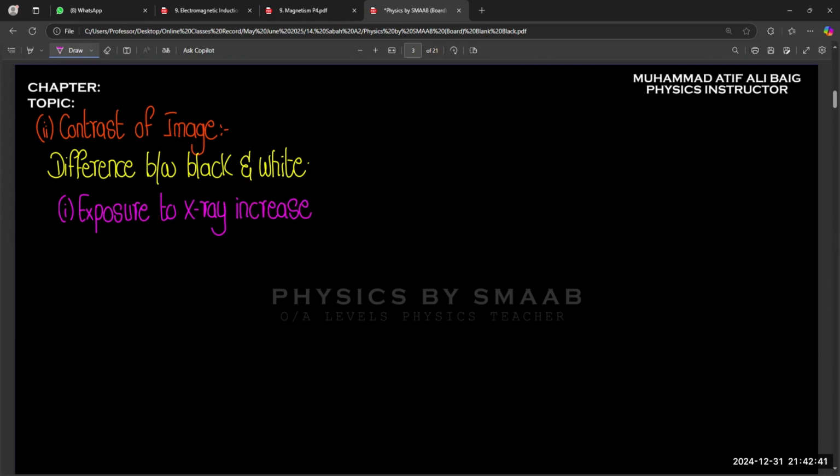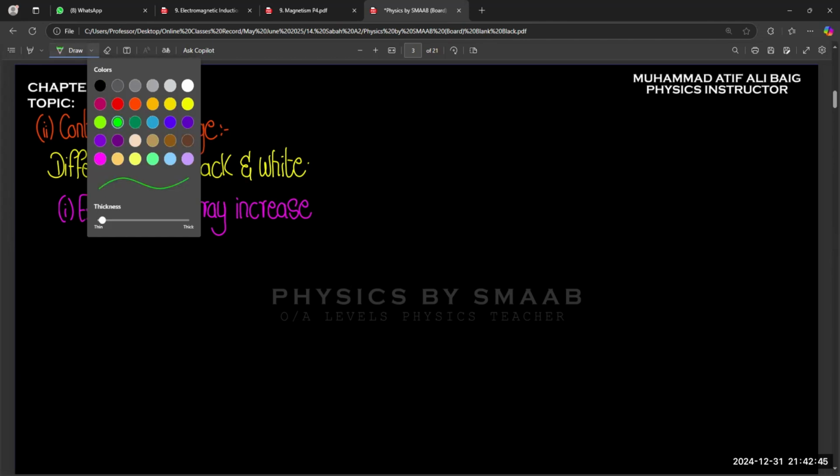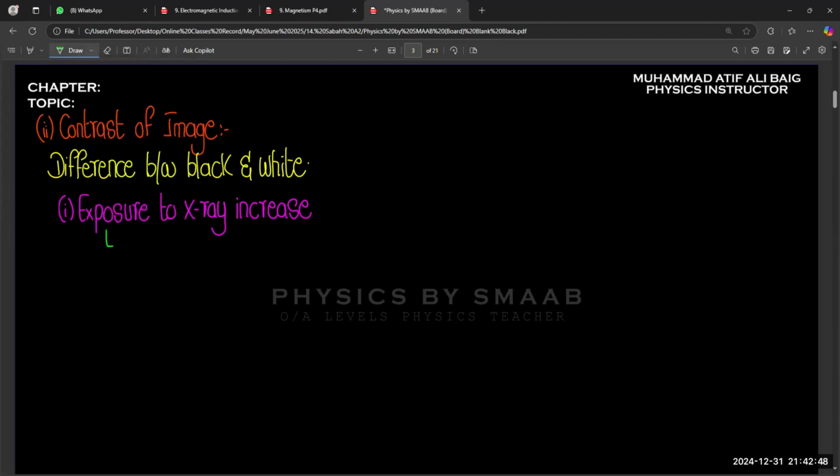So there are two ways to increase exposure. The first one, either we can use intense X-ray, or second, we can increase exposure time. Let's suppose if X-rays are not strong, you can place the object in front of the X-rays for a longer time. Exposure would also allow it to get a more detailed image as well and more light, I guess. Yes.